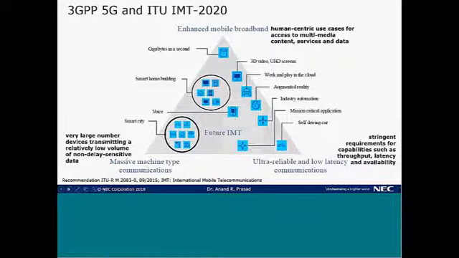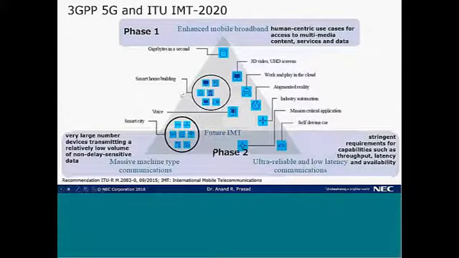This is the well-known ITU triangle, in which we have the mobile broadband side, the ultra reliable and low latency communication side, and the massive machine type communication side. These are the three corners of the triangle. What we have done in 3GPP in the first phase, which we have just completed and are going to finalize all the details by June or maybe a bit later this year, is the mobile broadband side. And then in the latter phase, phase 2, you will see MMTC and URLLC coming in.